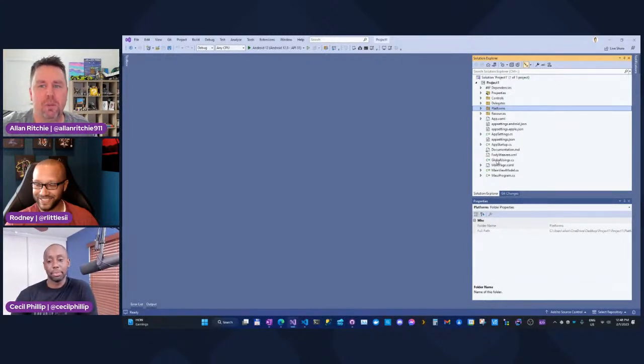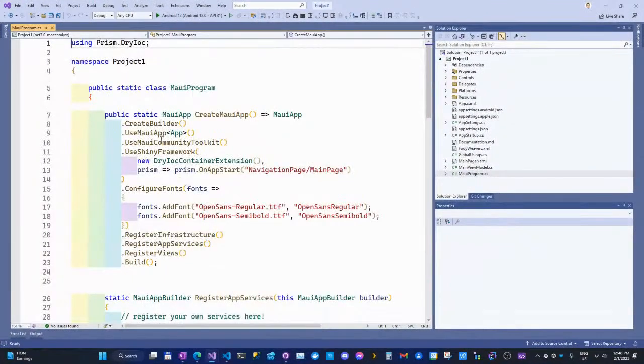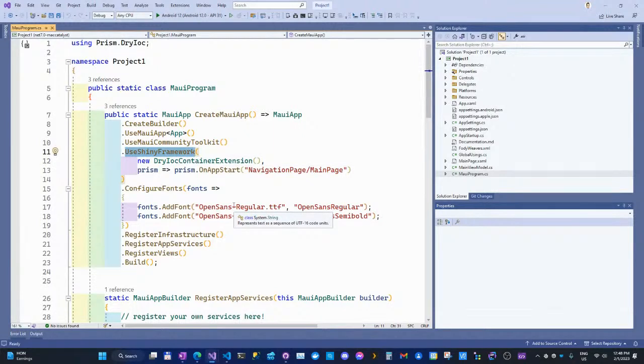So generally, this is a Maui application that we've spun up. This is what people are used to with Maui applications: configuring your fonts. We won't worry about this. The Shiny framework is just a way of bringing together Prism, Reactive UI and Shiny under one package, because I know a lot of people complain about using Shiny with all these things. It does exist, but I'm going to leave that off topic because that's more advanced stuff for people using Prism and MVVM frameworks.